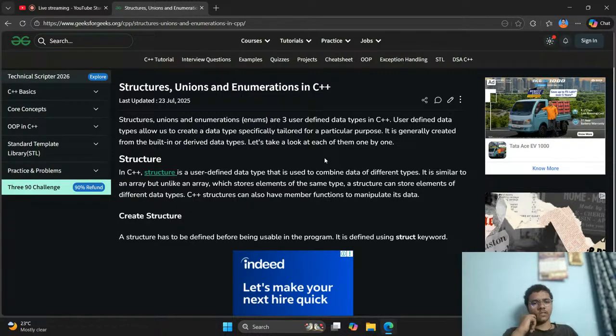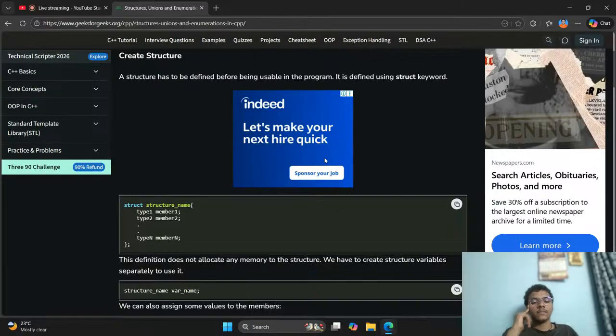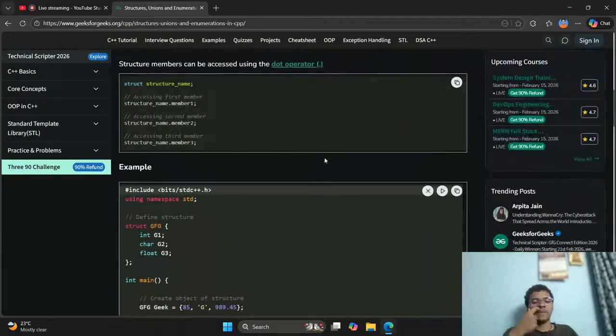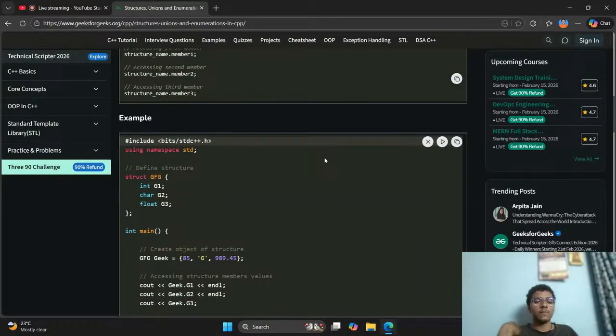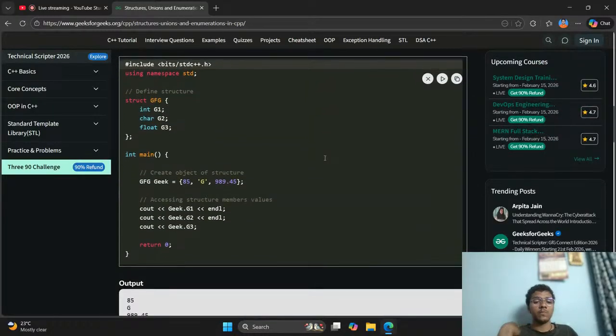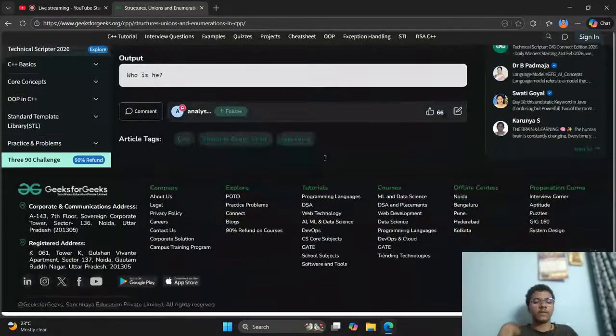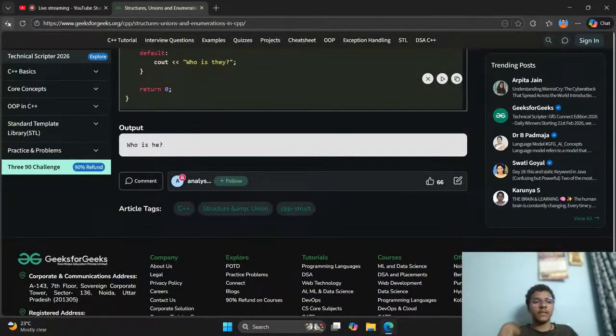Structures, unions, and enumerations, enums are three user-defined data types in C++. Why did you come to C++ now? User-defined data types. Alright. The syntax is going to be a little bit difficult. Yeah, I don't want to deal with C++ right now. Being very frank,